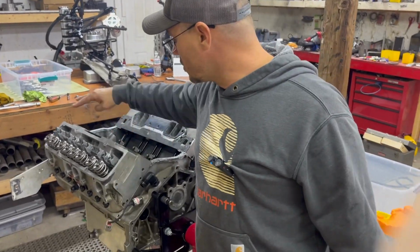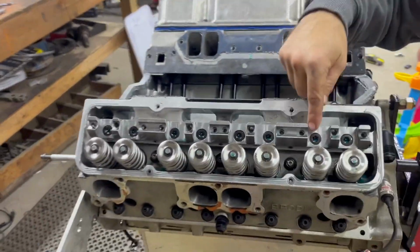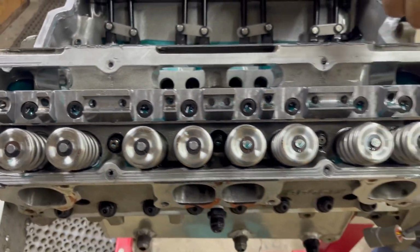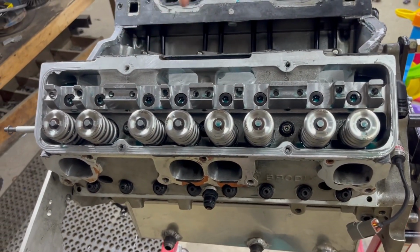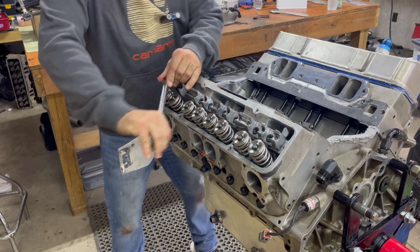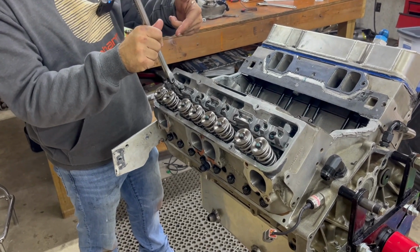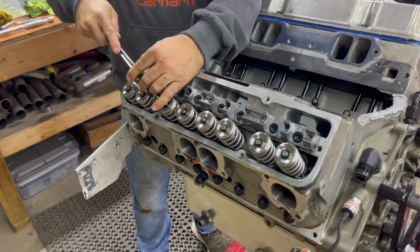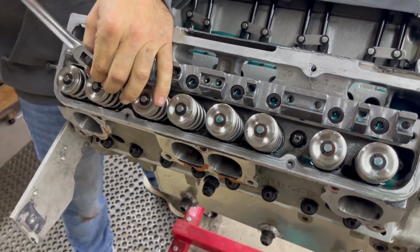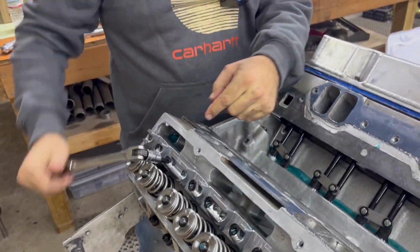All right, now that we've got all of our rockers off and our push rods out of the way, we're gonna go ahead and take our rocker stand off. So I'm gonna go get my, I believe it's a T50, and we're gonna take all of these bolts out, and we're gonna remove that so that we can get to the head studs, the nuts underneath it. Something interesting is the ones over the intake ports actually go into the intake port because the intake port's raised up so high on a race engine like this. So I put silicone on them and let them dry overnight before I actually torque these down with silicone on the threads. But on the exhaust side, there's no chance of any oil going down into my intake port, so I don't use any